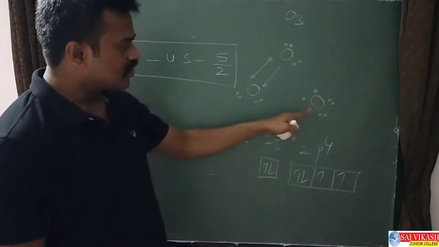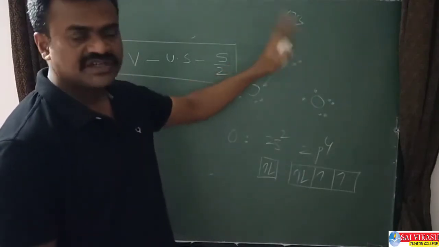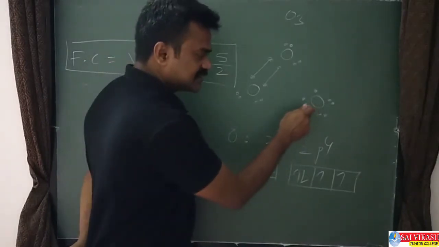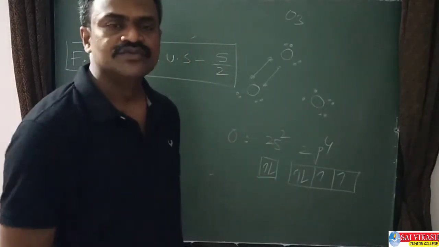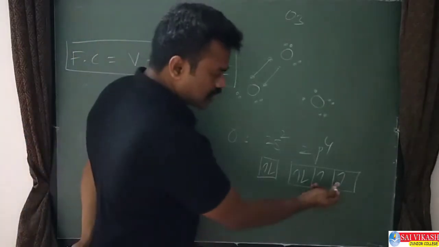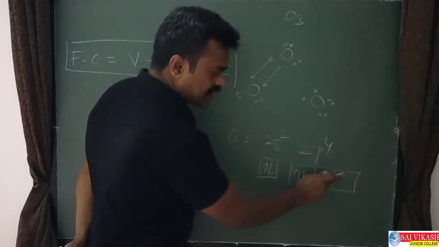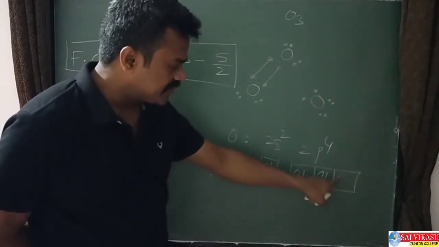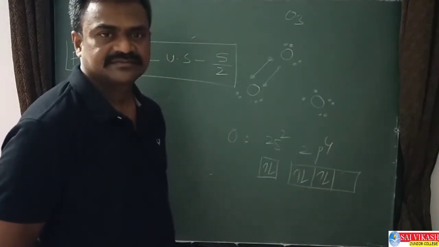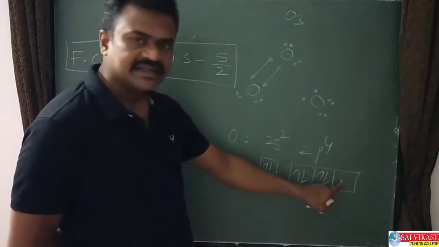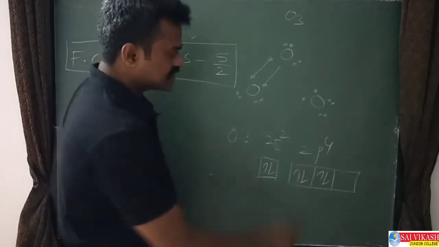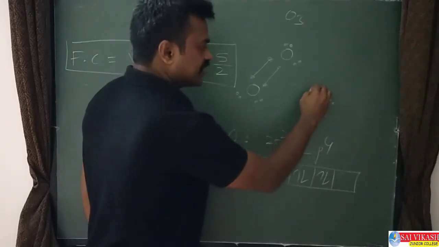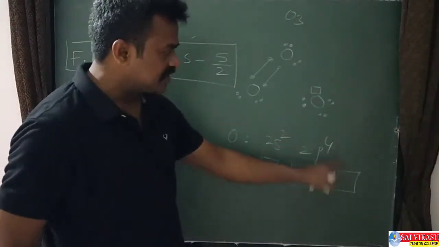But how is this oxygen linking, so that O3 is forming? To link up with this oxygen, what happens is it violates Hund's rule. It means one of the bond pair of electrons will pair themselves and create an empty orbital. See like this, the bond pair of electrons here will pair themselves, creating one empty orbital. See, this empty orbital is created.